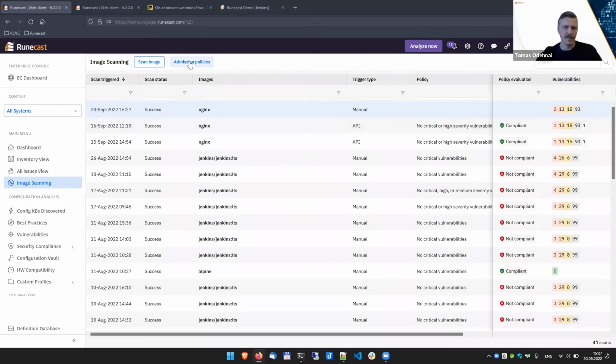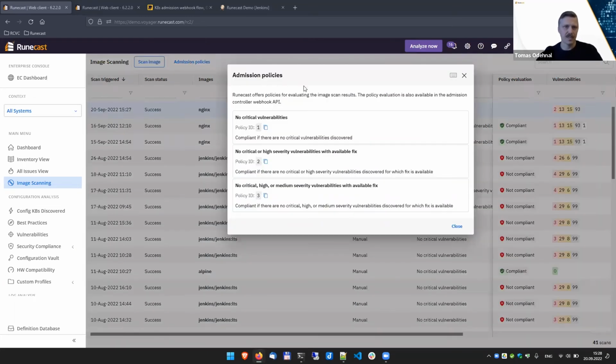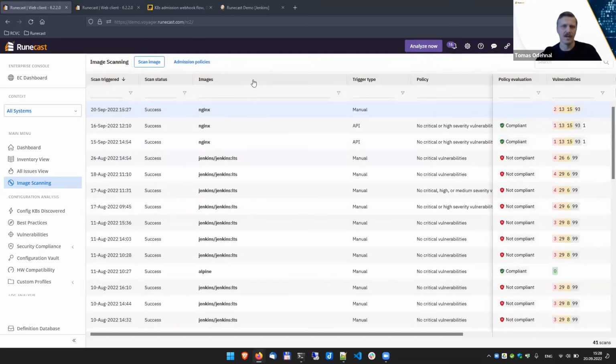This gets me to the admission policies. We have 3 policies. Steve has mentioned this before. You can use these policies in various ways. One is when you are scanning the image manually, you can evaluate if it conforms to one of these policies. But you can use these policies also in other ways. One of the other ways is